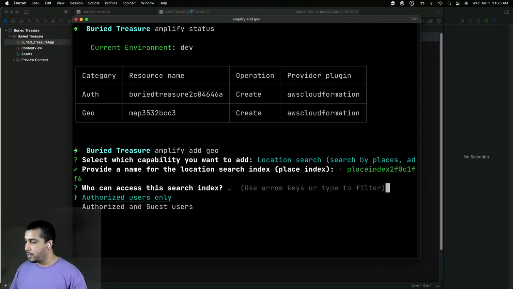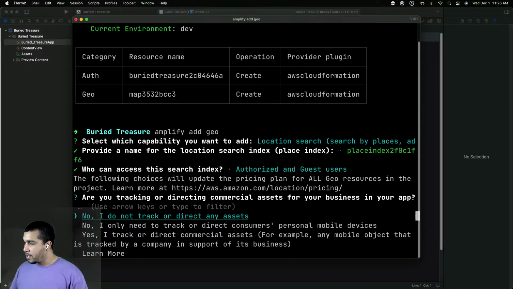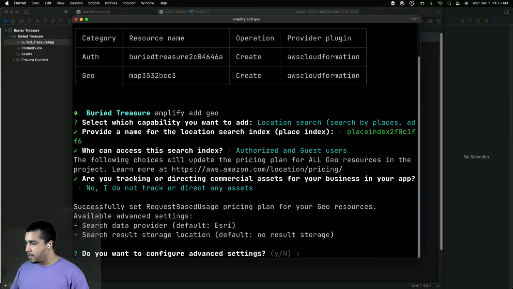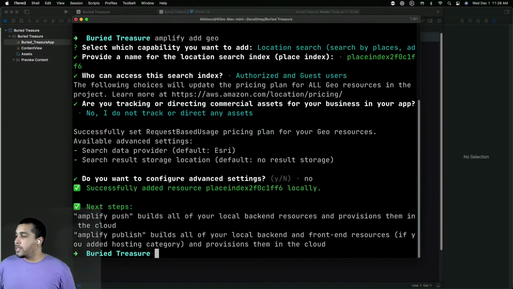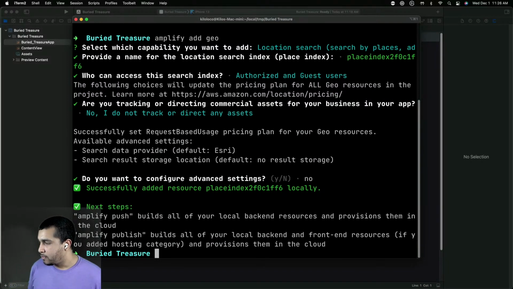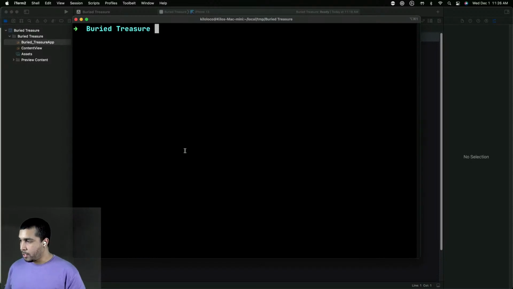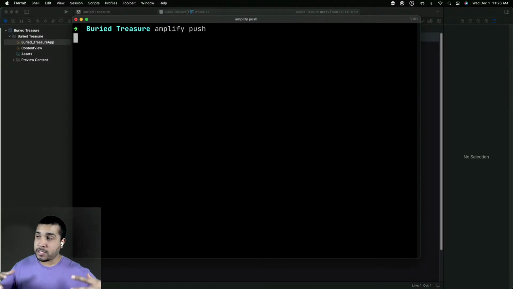Okay, so this is all like the guest users too. No, I'm not doing any of that. And then this is going to allow us to actually search for locations, and then we'll be able to plot those on the map. So now when I do Amplify push, because all this configuration has been set up locally,